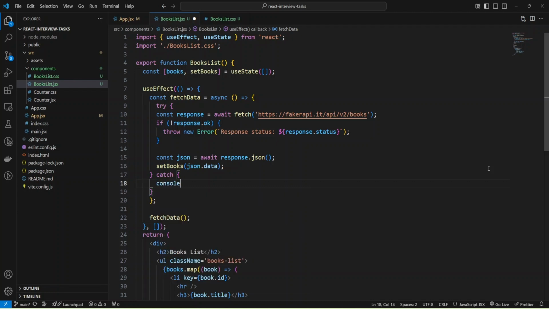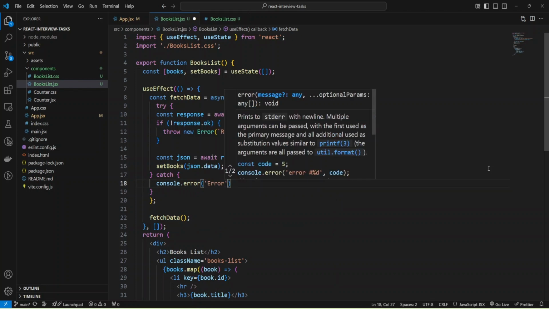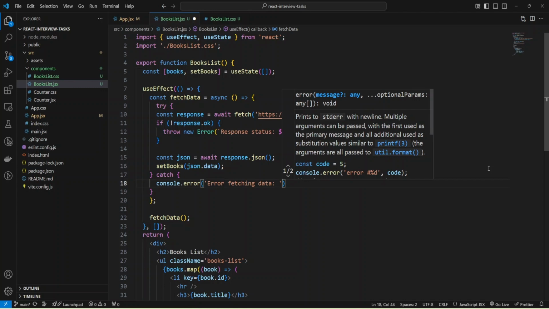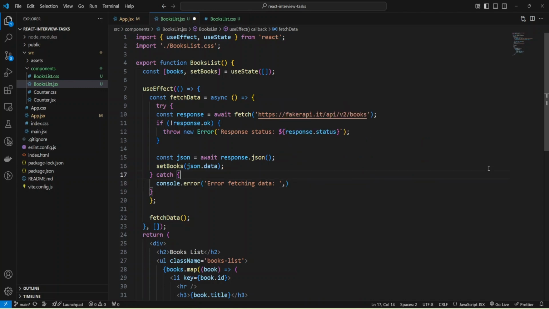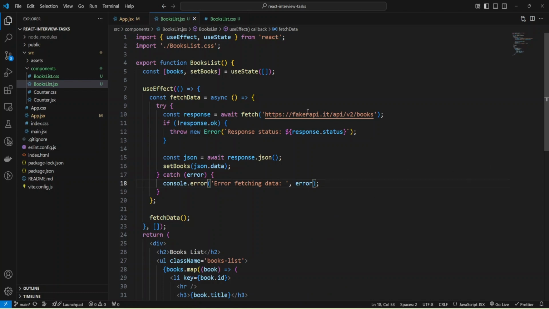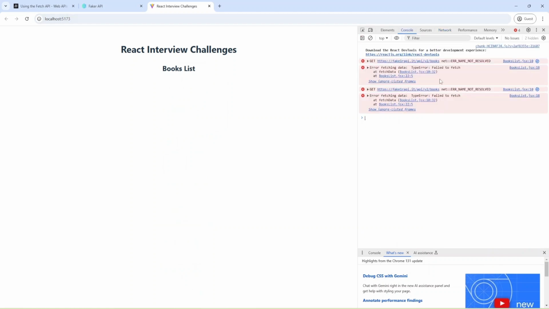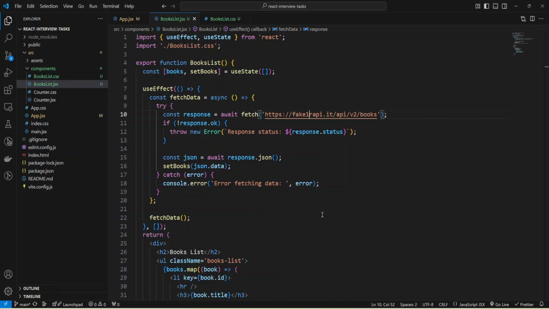Let me just provide console error, and I'll add a message, error fetching data, and provide the error in console error. Okay, and if I change some API, let's check. Let me refresh the page, and as you can see, we don't have a list, but we have errors in the console, and we can provide a message to the user, but I'm not going to do it here.